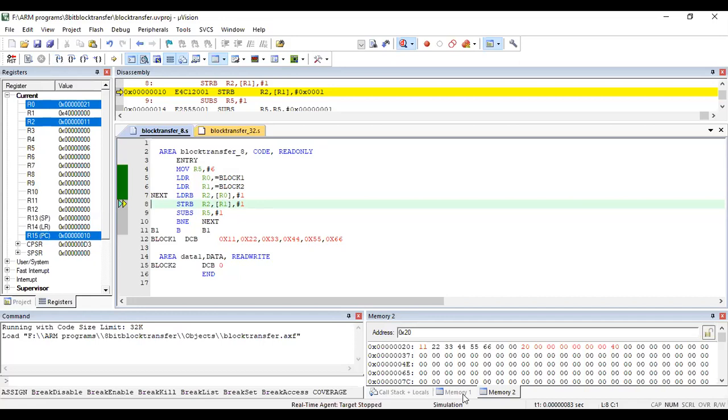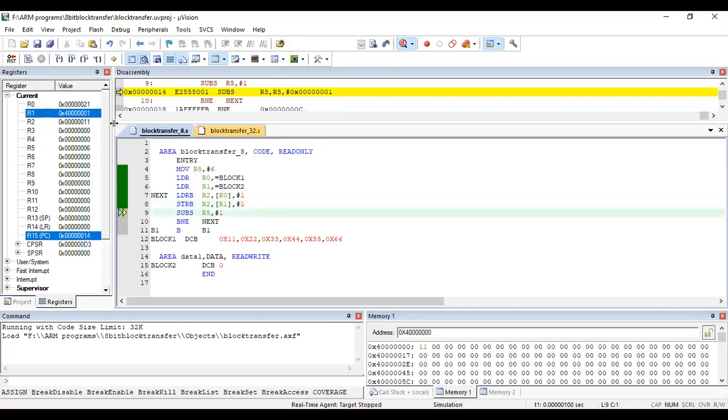If you observe memory 1, with one more step, the 11 present in R2 gets into the address location 0x4 followed by 70. In parallel, the address present in R1 is incremented by 1. Then the count becomes 5.